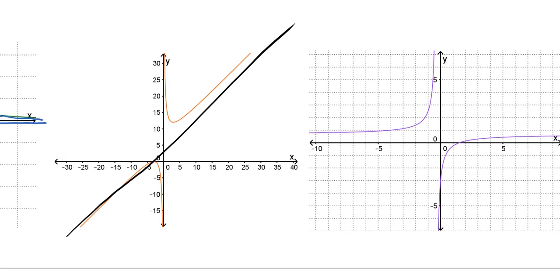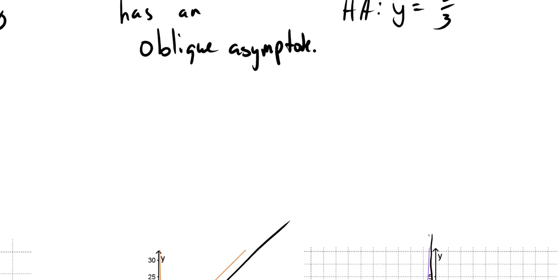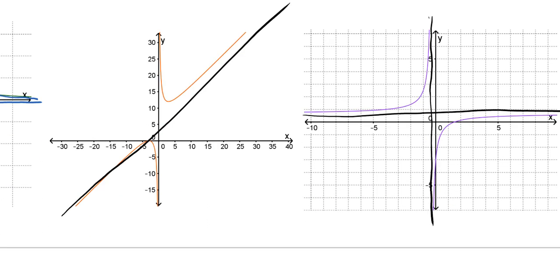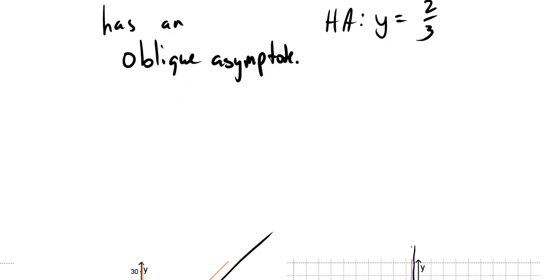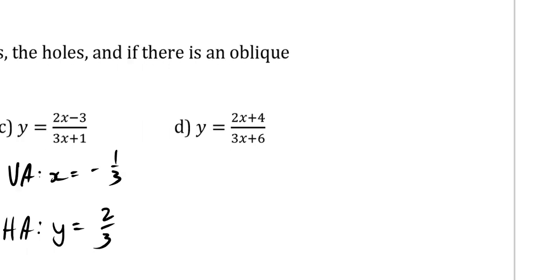Okay. And then this is the next one, so it's pretty straightforward. It has one vertical asymptote and one horizontal asymptote. Okay, and those were at y equals 2/3 and -1/3. Hard to tell from the graph that those are exactly where those are, but it makes sense when you think about it. Okay, and then the last one. So what do you think? Looks a lot like example C,